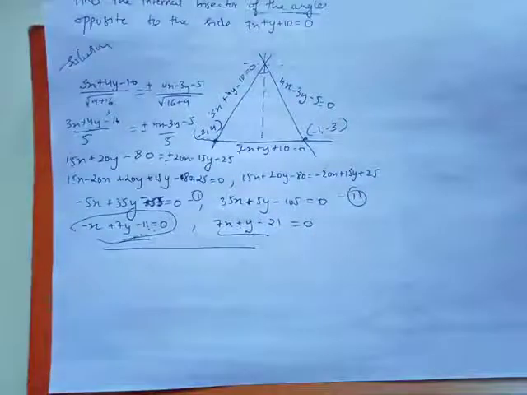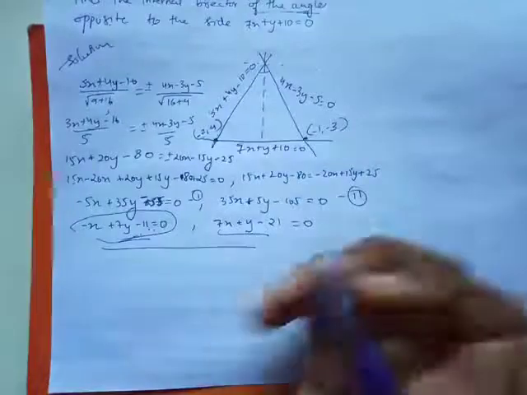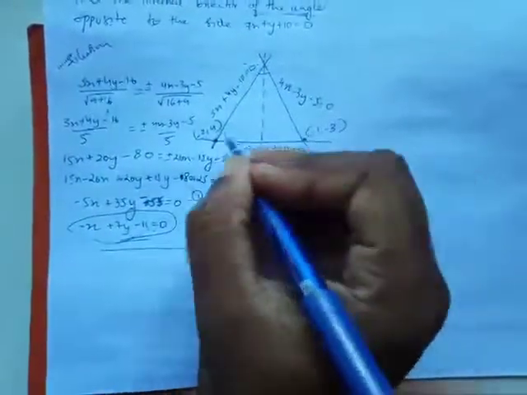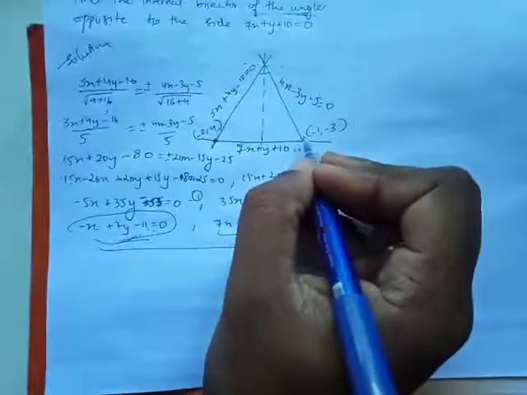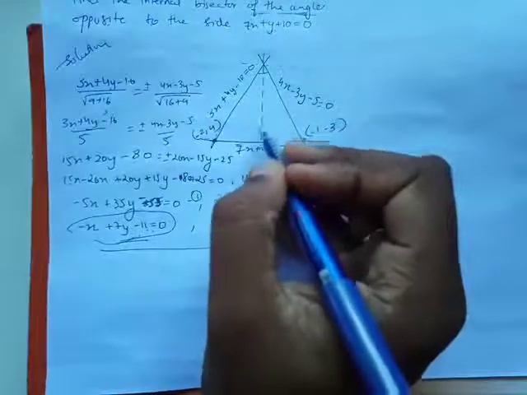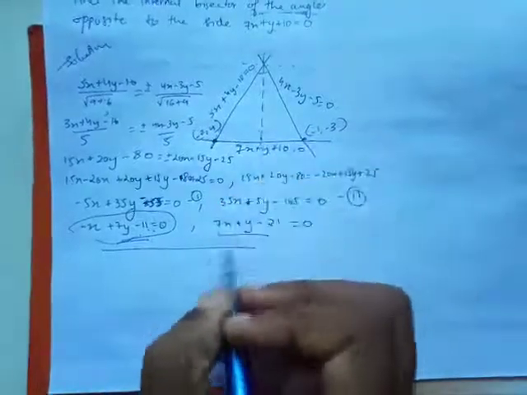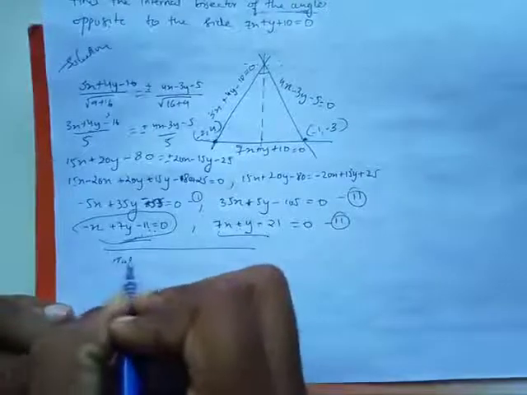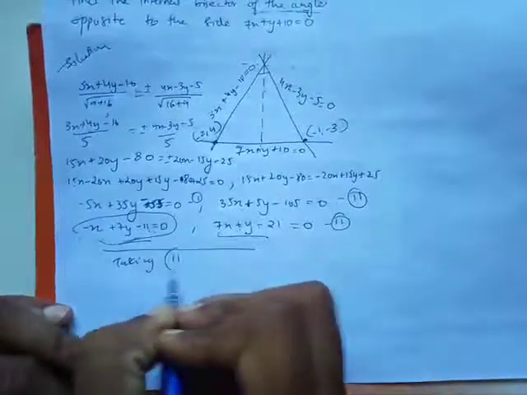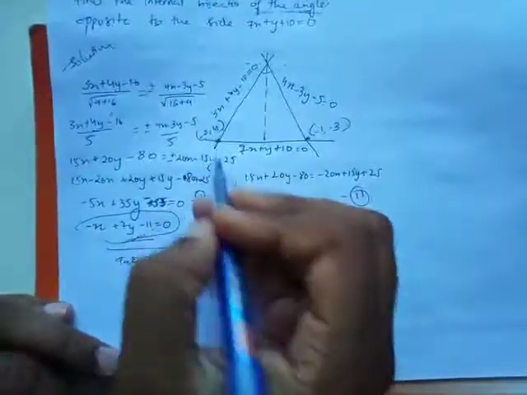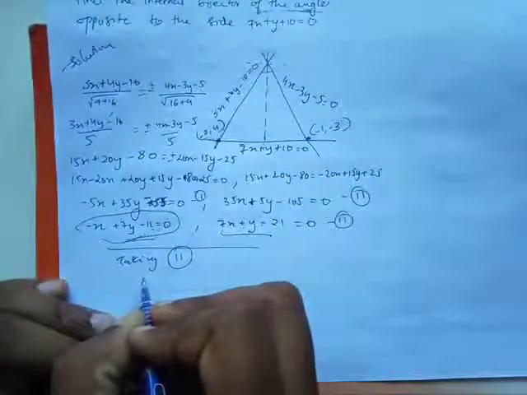Now why did I find these coordinates? Because I want to know whether these two points lie on the same side. If the answer comes the same side, it means this is not the line that I am talking about. Okay, so let's take any of the equations. I'm going to take this equation, second equation. Taking second equation and putting the value of this coordinate. So first I'm putting the value of this coordinate, that is